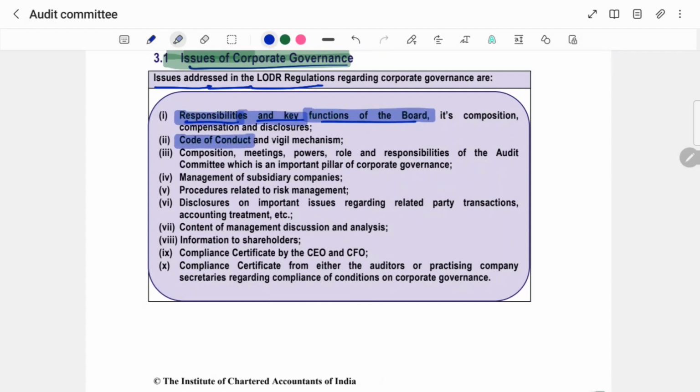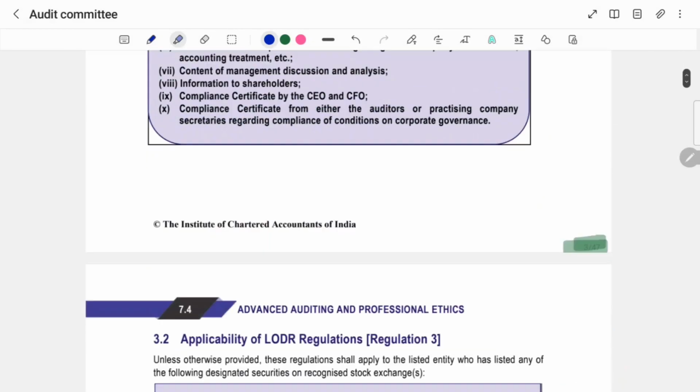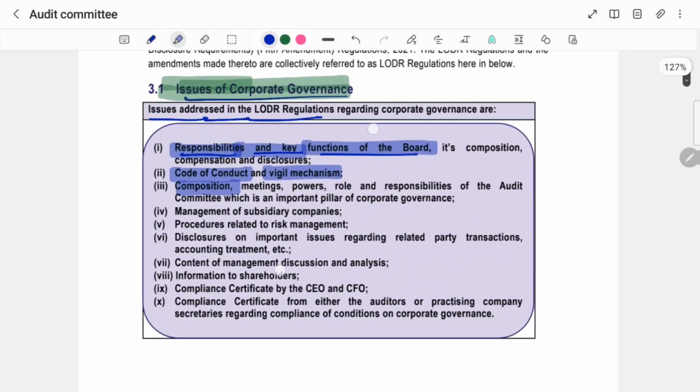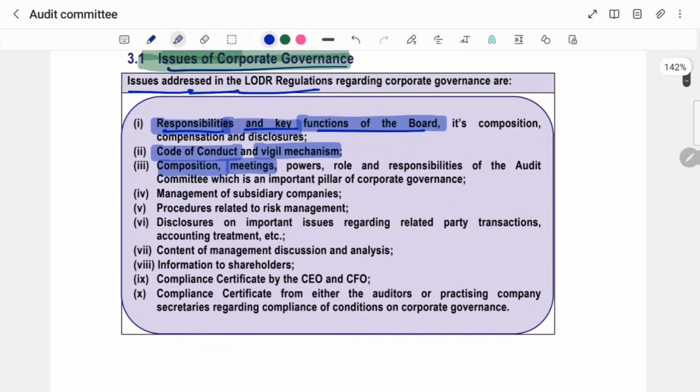Second is the code of conduct and vigil mechanism. Third is the composition meetings, powers, rules and responsibilities. Fourth is the management of subsidiary companies. If we summarize it till here, let me write it down in short for you. Responsibilities of board,